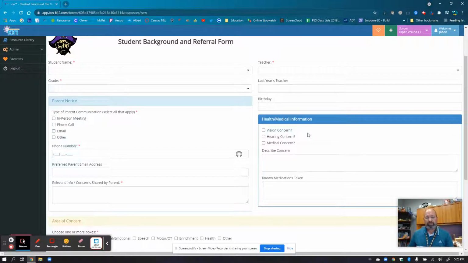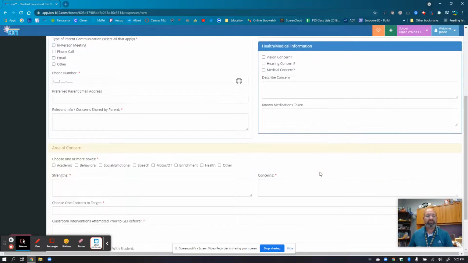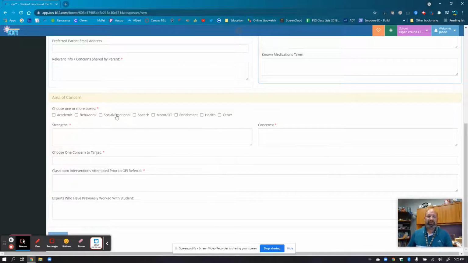This is where we used to actually put down what their last vision screening was or their hearing screening and so on. If it's not a concern, we don't need you to go through and look it up. So I just put down here that if there is a medical concern, this is a good place for you to put it. Down here, now we have areas of concern, and you can check one or more boxes